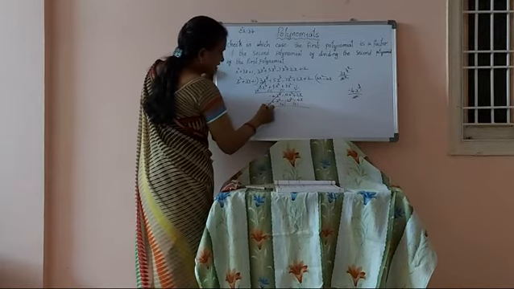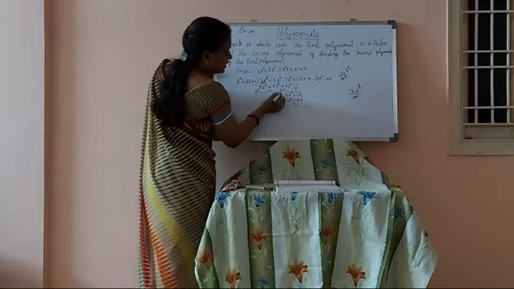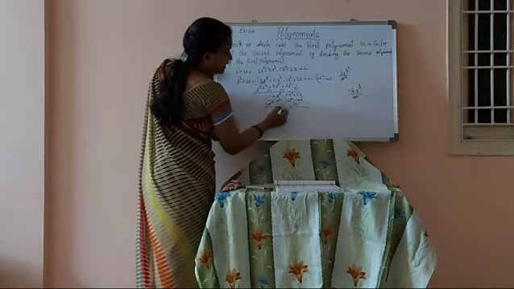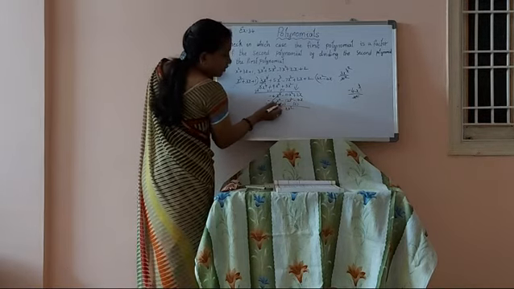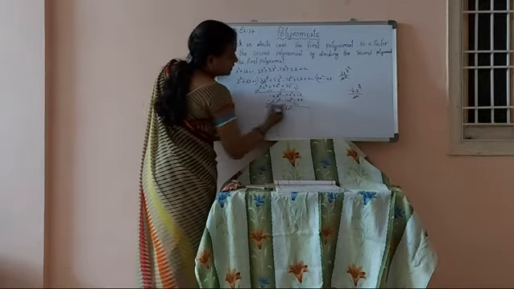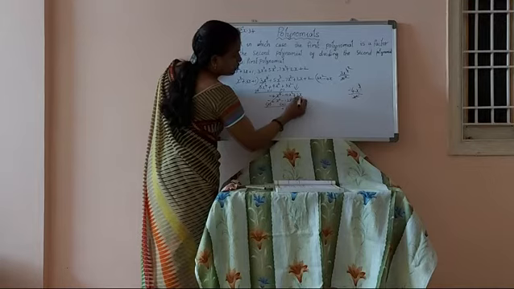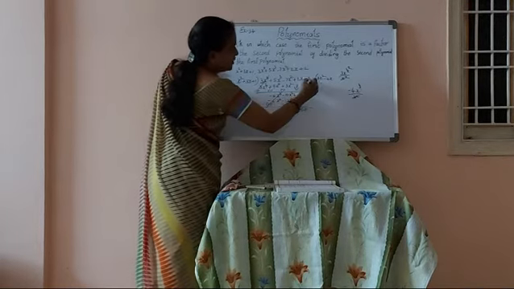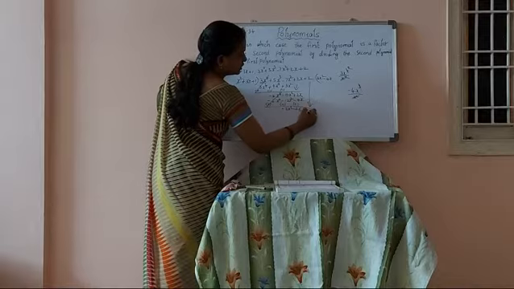So this one gets cancelled. 12 minus 10, different symbols, subtraction. 12 minus 10, 2x square. Plus, minus. Before the big number plus is there, you have to take this symbol into consideration. So take plus. Here plus, plus only. Both symbols plus 6x. Okay. Bring down this 2, plus 2.